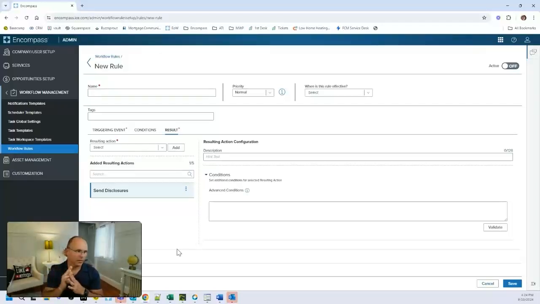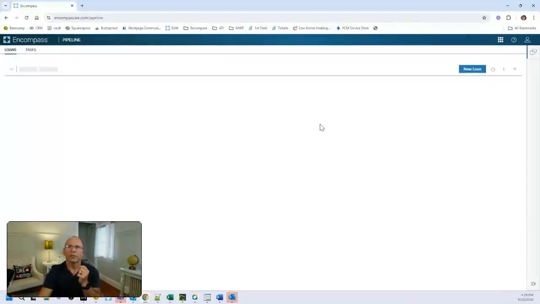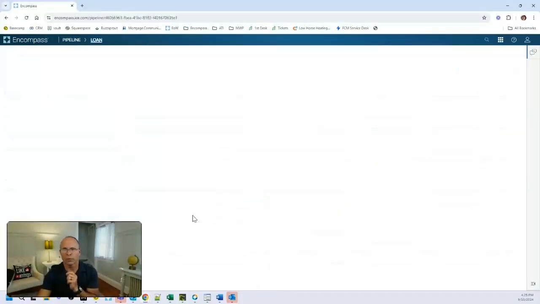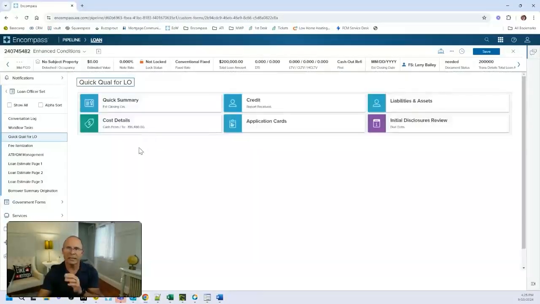Next to last thing that I would talk about that's web-based, that actually is web UI, is the card-based input forms. Again, I think I showed this in a previous meeting, but I do want to drive this home. If you've got specific people in your workflow that can leverage something in an environment where they don't have to be in total Encompass desktop, you can leverage web-based Encompass Web with specific workflows. This is an example I built for loan officers to do a quick qual.